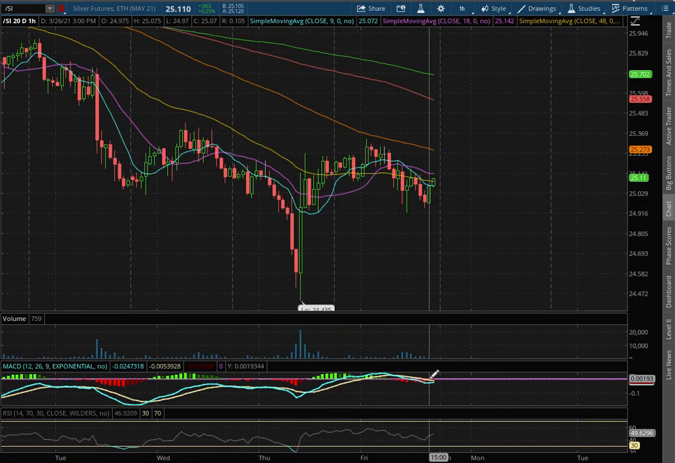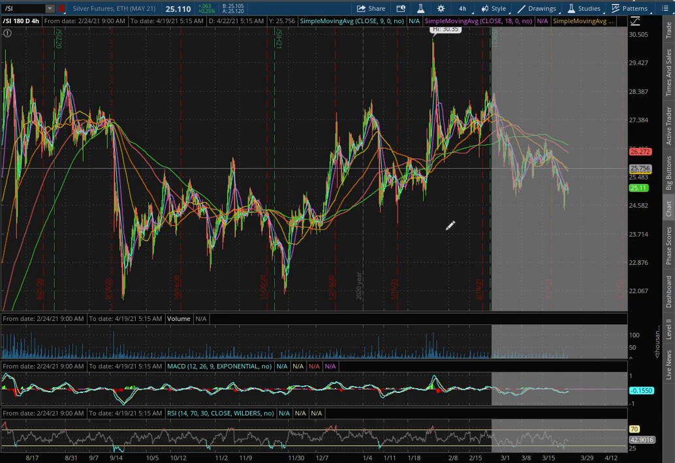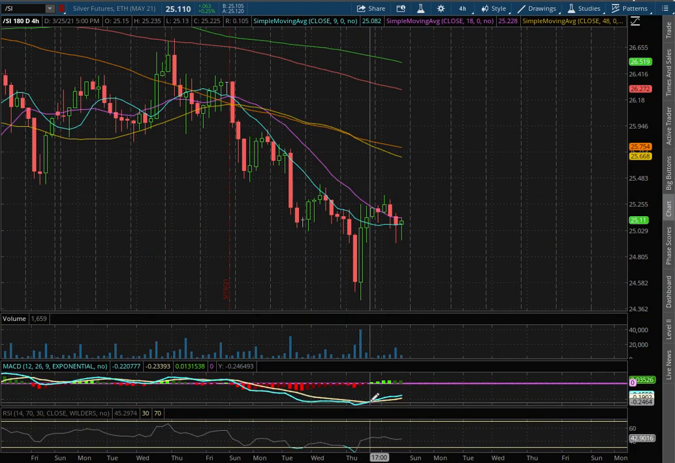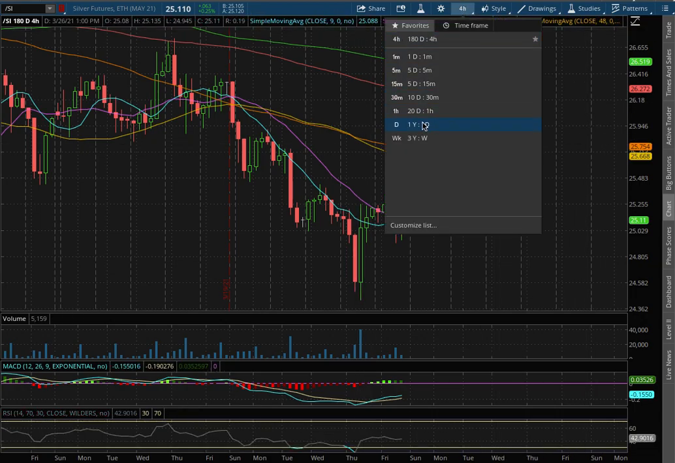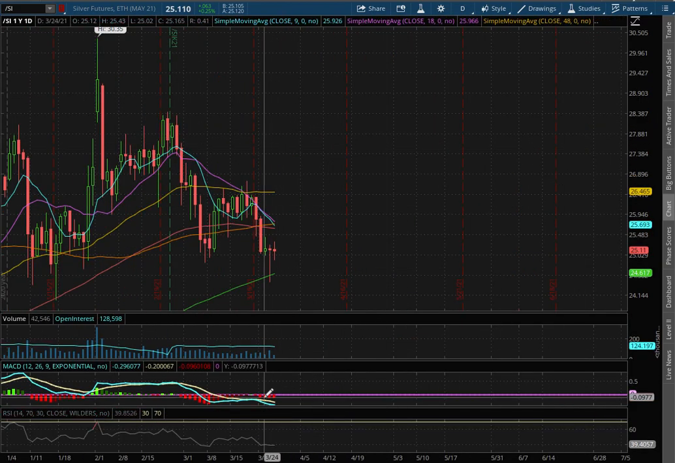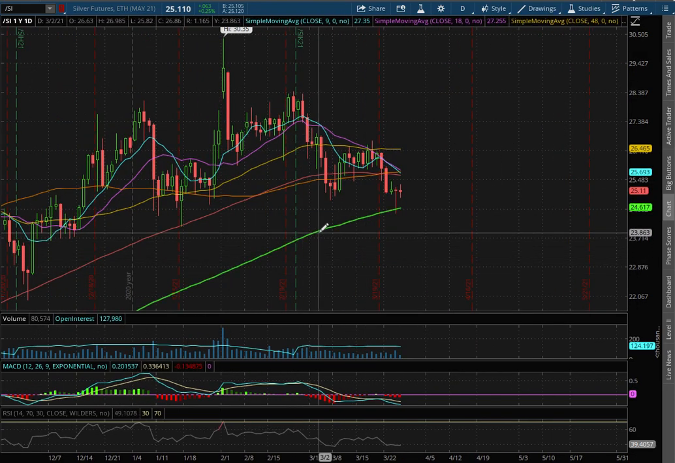We have dipped into negative MACD territory. As we extend out to the 4-hour chart, we still remain in negative MACD and we're off of oversold levels with the RSI. If we extend out further to the daily chart, we remain in negative MACD and we did bounce right off the 200-day moving average, this green line, at a price of